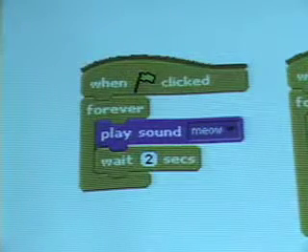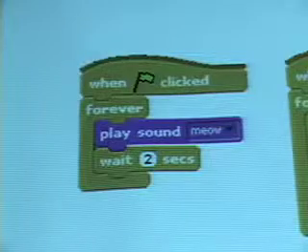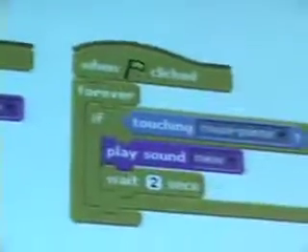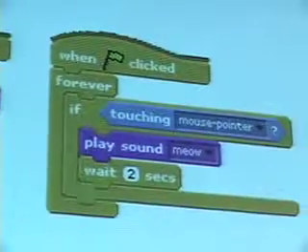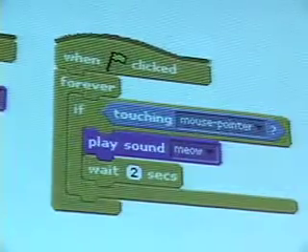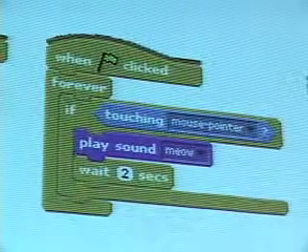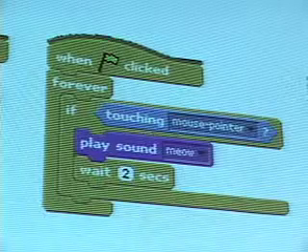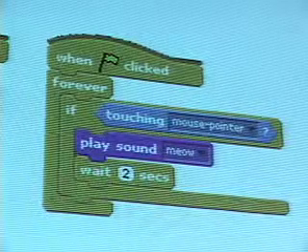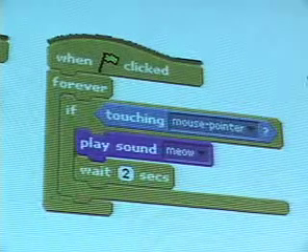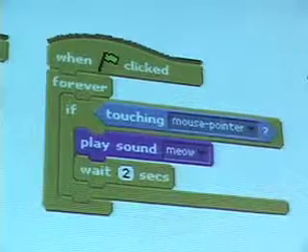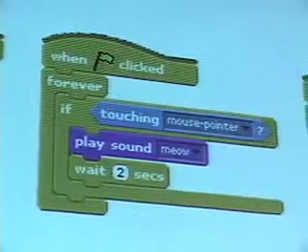What about the middle example, hello7.scratch? What is that going to do? Good. If the cursor's on top of the sprite, then it will meow, and otherwise it won't. So already, even with just introducing a couple of new constructs, and even though this program is only 6 or so blocks long, notice if I open